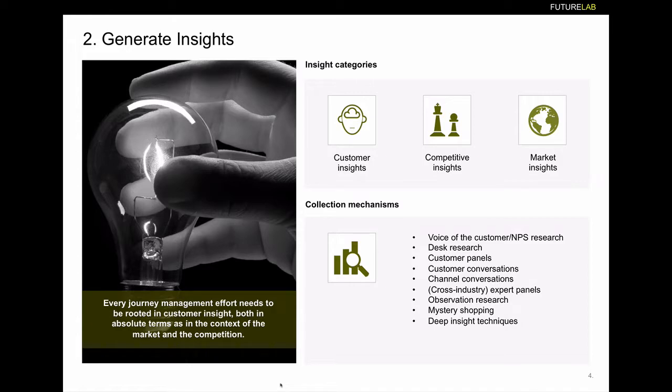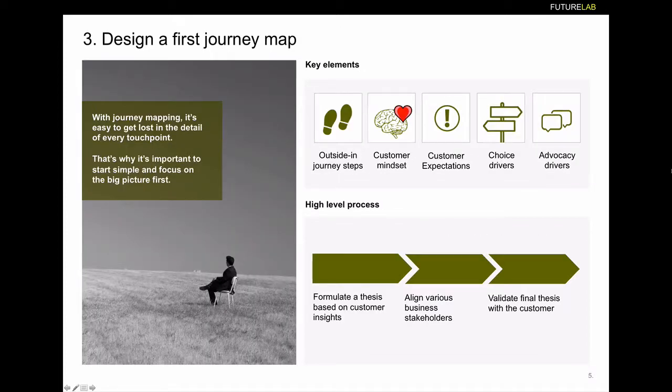Once we've got all this information together, and you have to imagine this as a cupboard, a digital cupboard full of information and insights, which gets summarized into a couple of very clear points of view, then we can get started on the real journey mapping. Now, the most important thing when designing a first version customer journey map is to realize that it needs to be simple. If you look at the number of permutations involved in multiplying the number of touch points a business has with the number of steps in a customer journey, with the number of customer types that can be involved, with the number of different scenarios for business which exist,